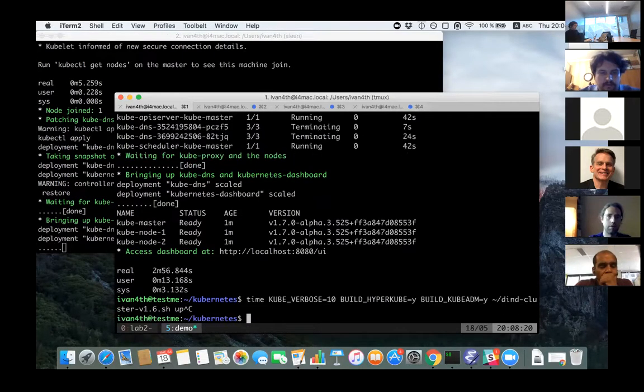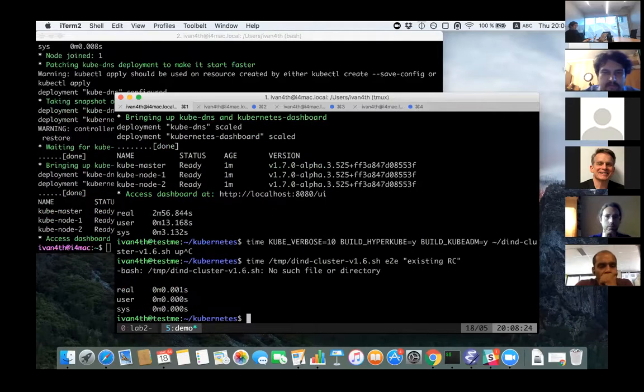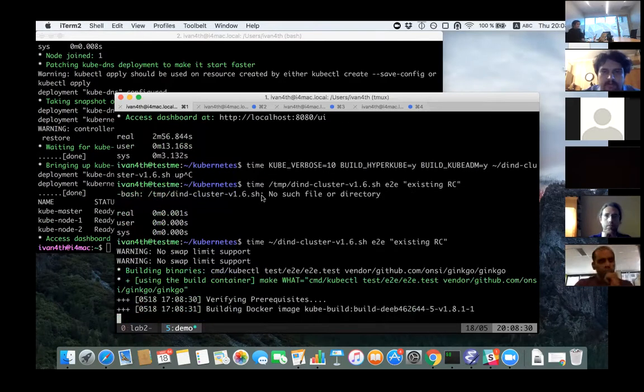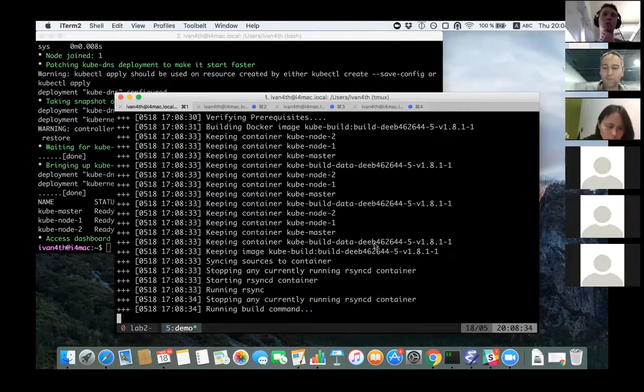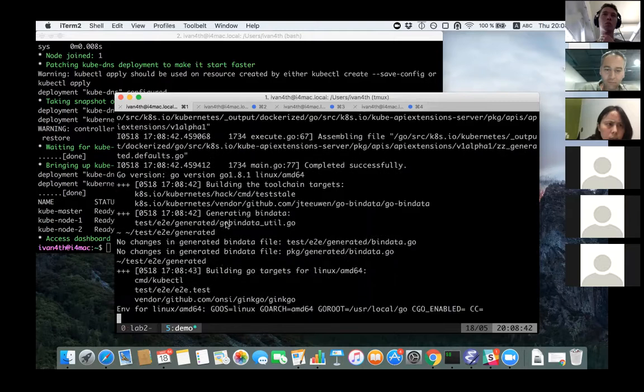And now I can try to run an end-to-end test against it. Sorry, wrong path. So here is also a helper script that helps one to run end-to-end tests. It builds the end-to-end test runner, and it's quite handy when developing end-to-end tests and running them locally.